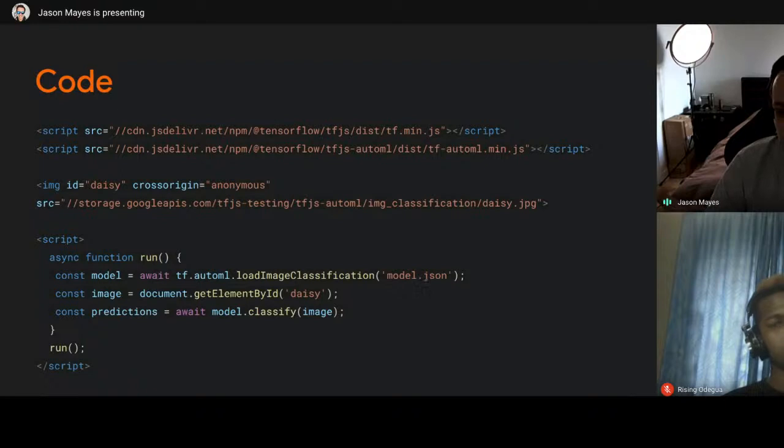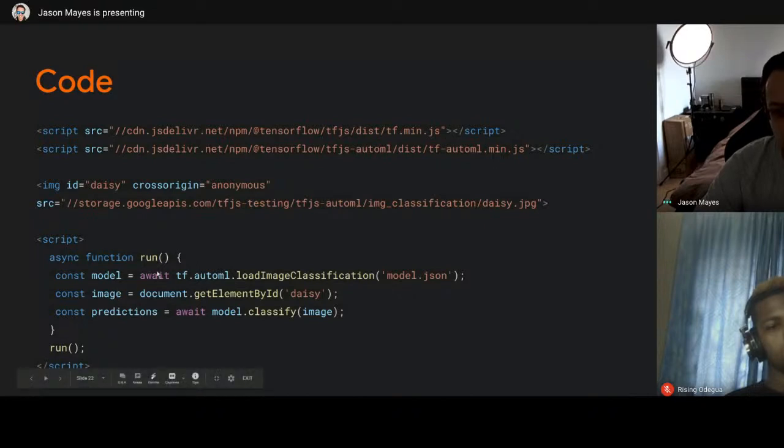So remember when I said that we just download a bunch of files? One of those files will be a model.json file, and hopefully this is now hosted on your web server somewhere. So you just need to put the location of that file, and it can then go and load that. Now, because this is an asynchronous operation, which basically means it takes some time to execute, it takes a while to download some files from a server, we use the await keyword to tell JavaScript to wait for this operation to finish before executing the code that comes after.